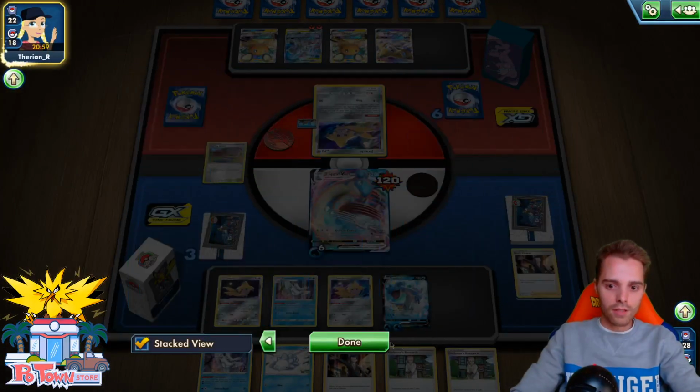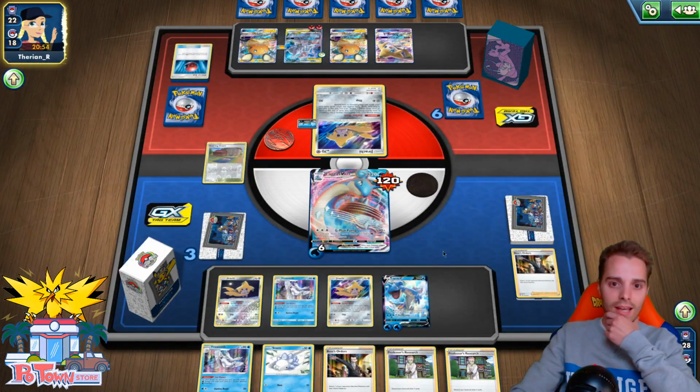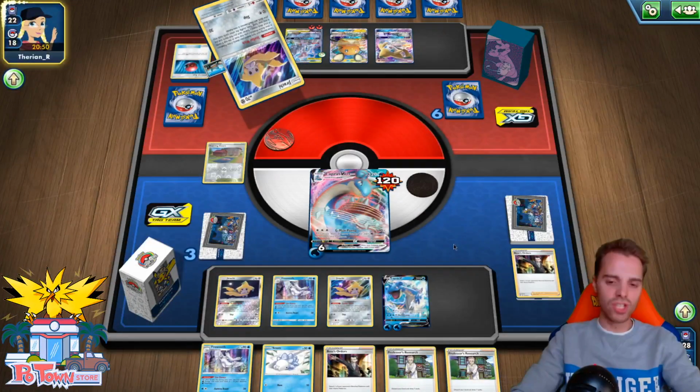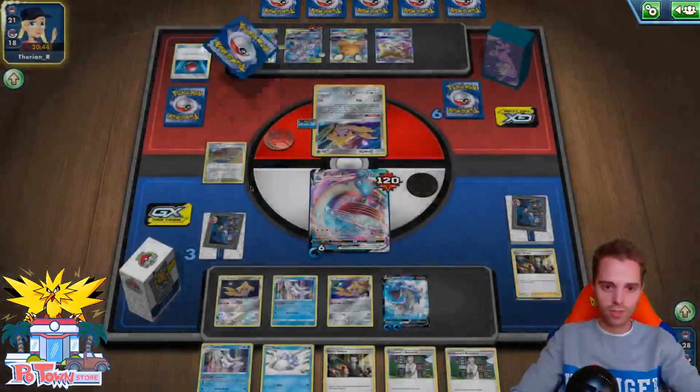There's how many energies in the discard pile? 3. Okay, Big Charm. That's a huge deal. That adds his HP all the way up to 300, meaning that we need 7 energies in total. We already have 2 of them equipped to this Lapras, so yeah, either we switch, retreat, or get use of